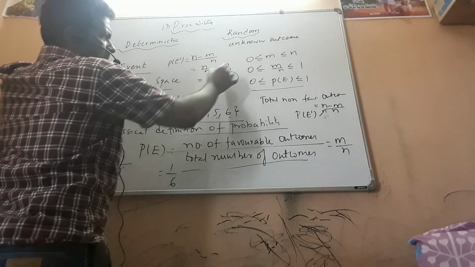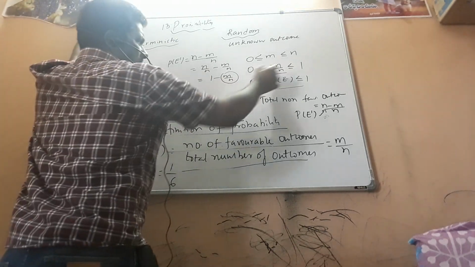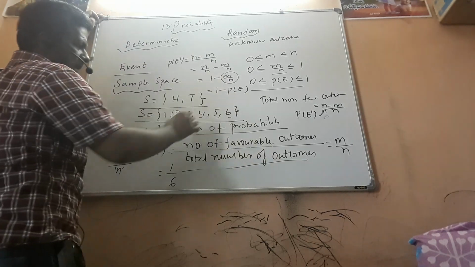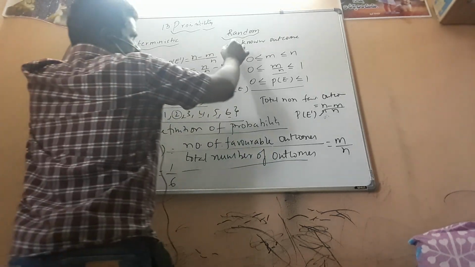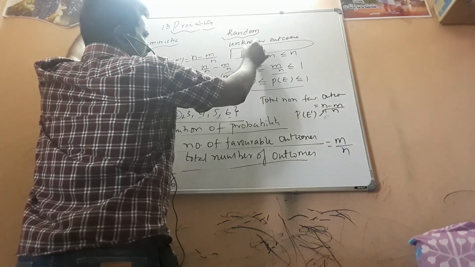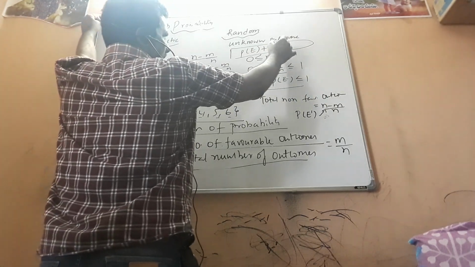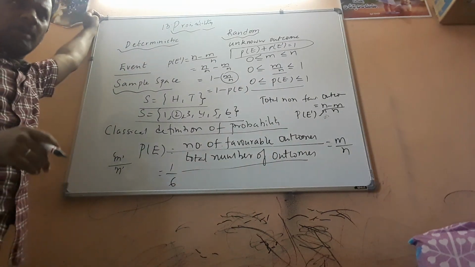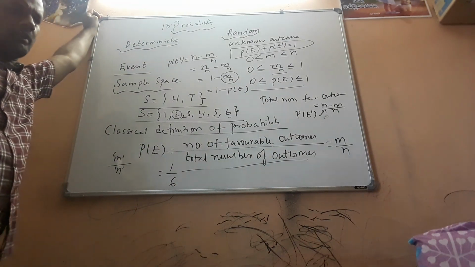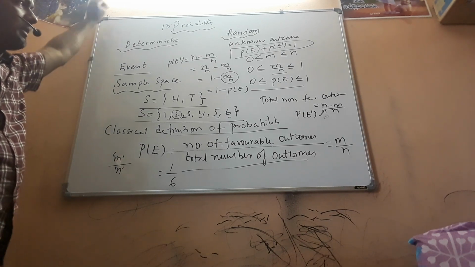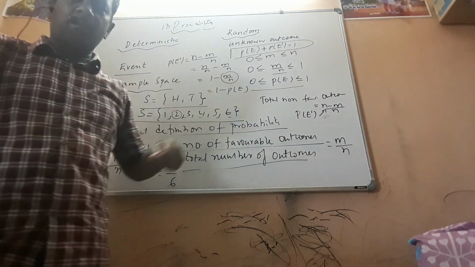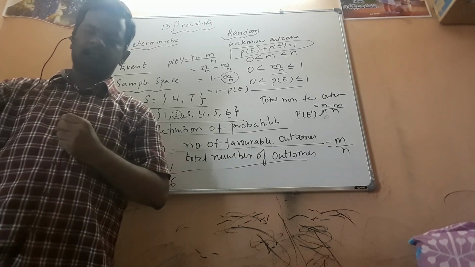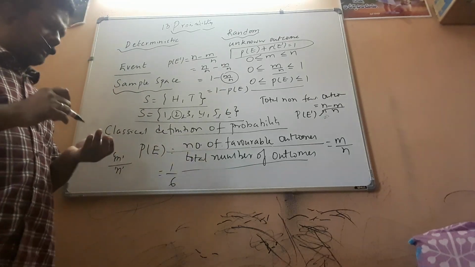What is M by N? M by N is nothing but P of E. So this is 1 minus P of E. So finally I can say, P of E plus P of E complement is equal to 1. I am trying to explain the proof. Am I clear in this? Fine. Now moving further,